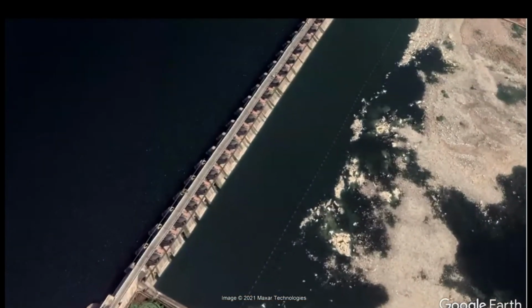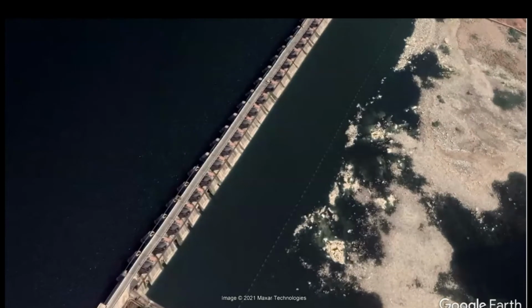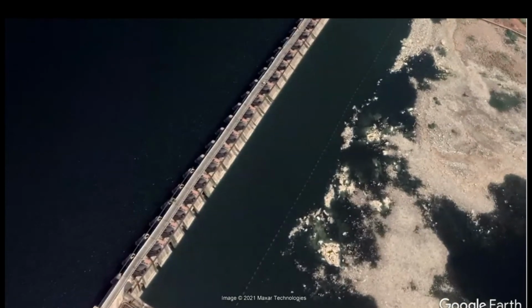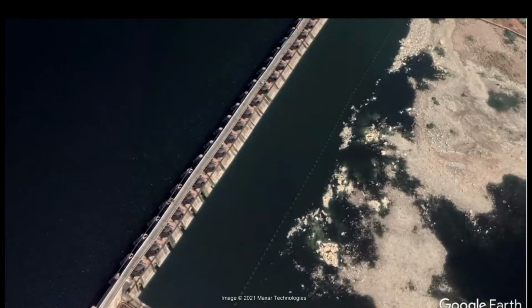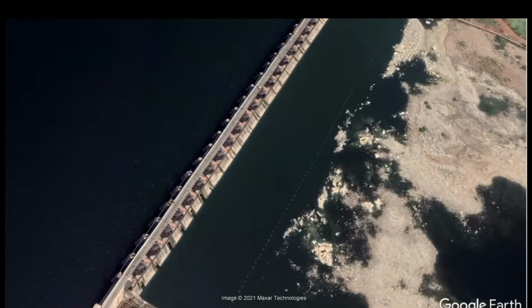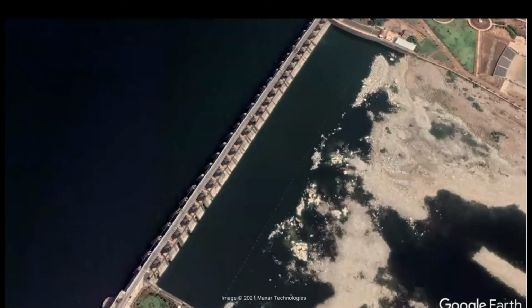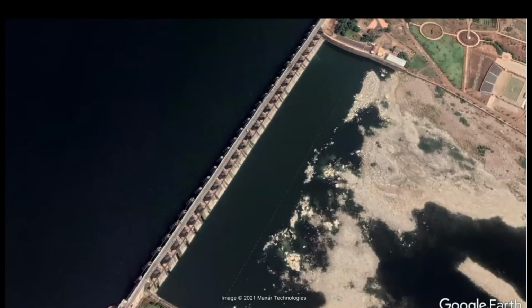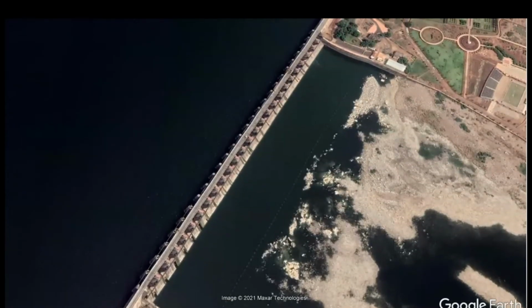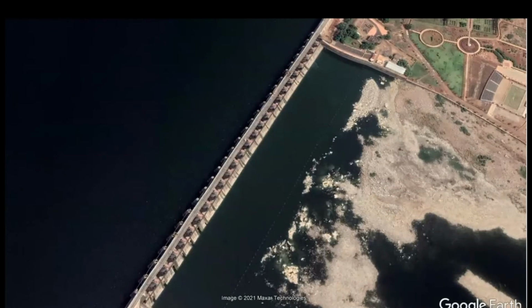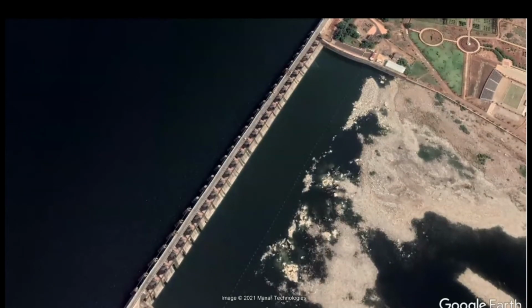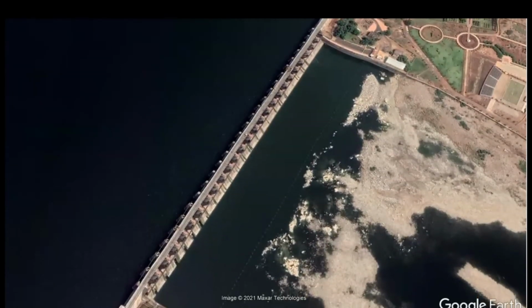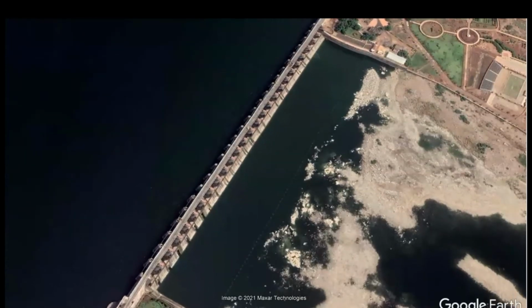When you study the gravity dam, you will come to understand the different forces that will be acting on it, and how the weight of the dam itself can resist all the other forces. Okay, so let us quickly look at this figure and understand that these are the two rigid boundaries that we have. This rigid boundary is connected by this barrier, and this will act as a gravity dam.